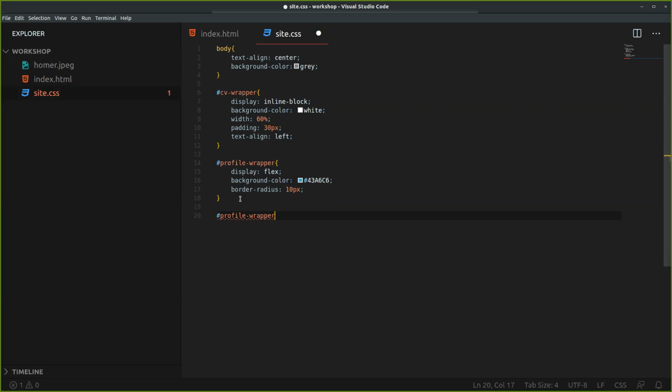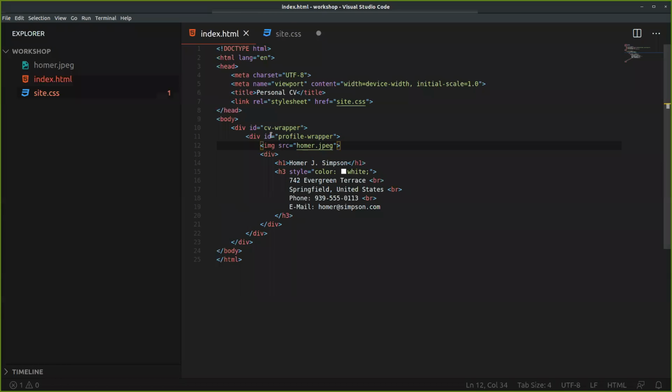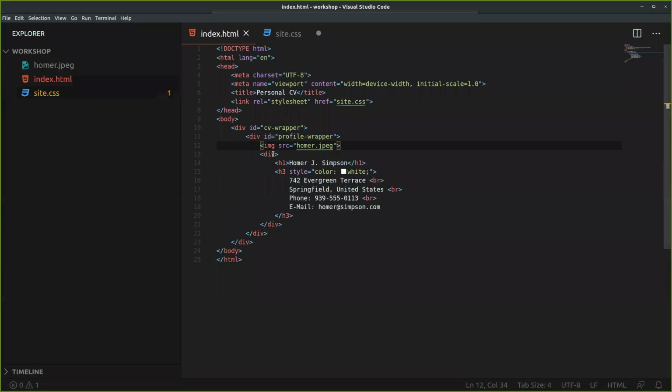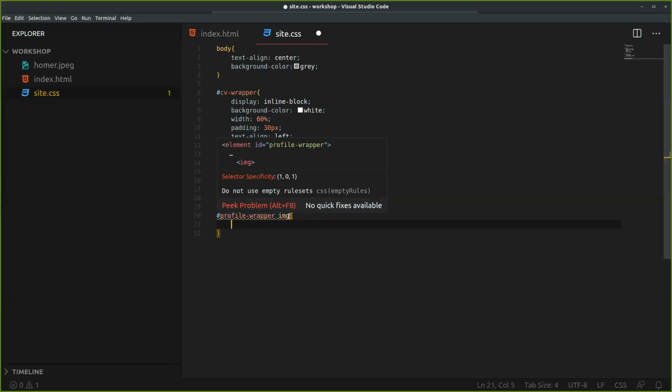But instead of just using the profile wrapper, I want to identify the child of a profile wrapper. And what we can see is that they have two children, and the one child that we want is the image tag. So we will just have a space and then type image. If you use this declaration in your CSS file, then the DOM will know that it needs to look for an element with an ID of profile wrapper, and then it needs to find the child that is an